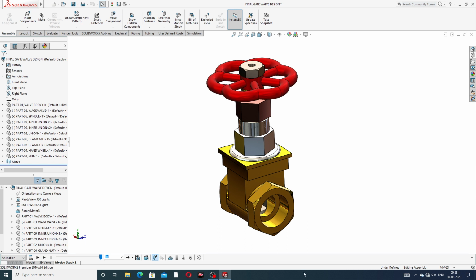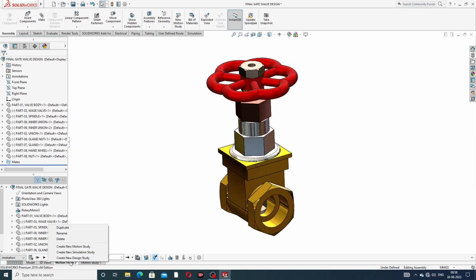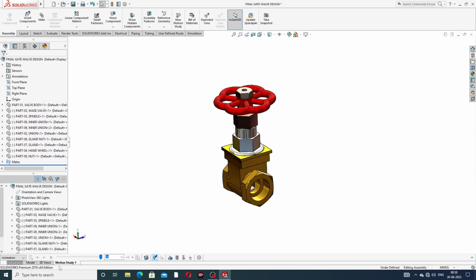Let's start the process here, and you will learn the whole process easily and clearly. At first, start the drawing and motion here, and click this new motion and click OK. This first motion is deleted here because it is extra.